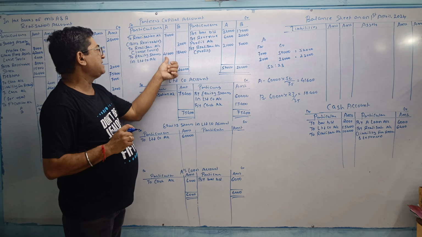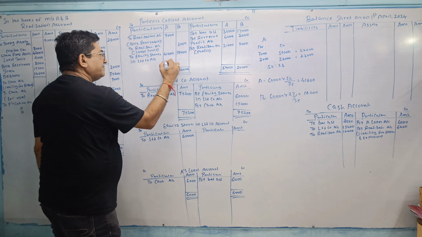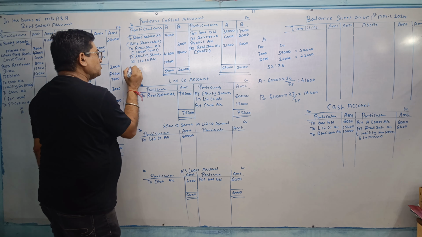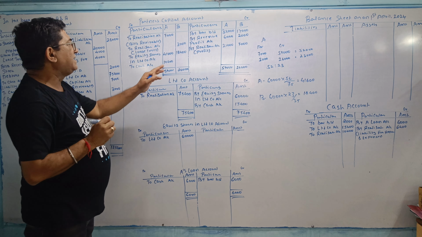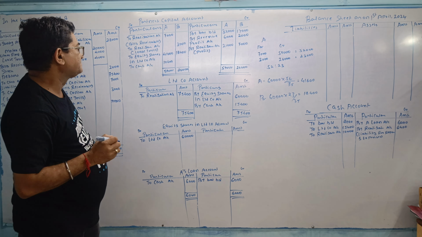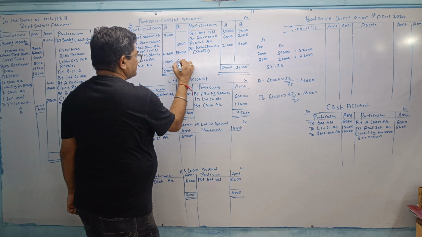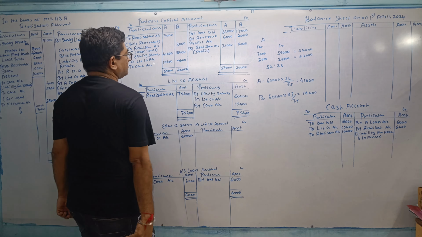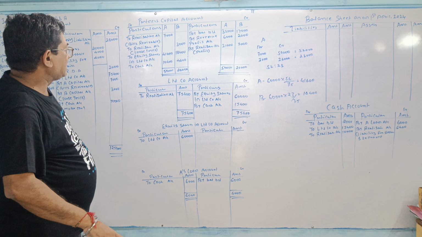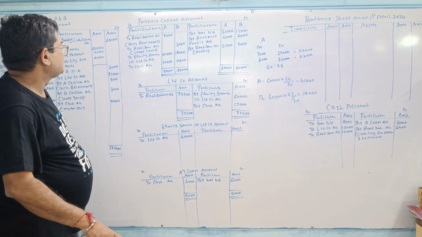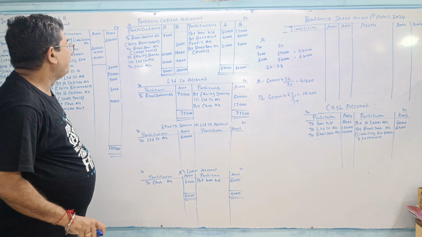So 59,000 minus 41,600 plus 7,000, so 10,400. 10,400 क्या पे कर देंगे उसको? कैश। और 26,000 minus 21,400, 4,600. बराबर? ओके, ये हो गया।